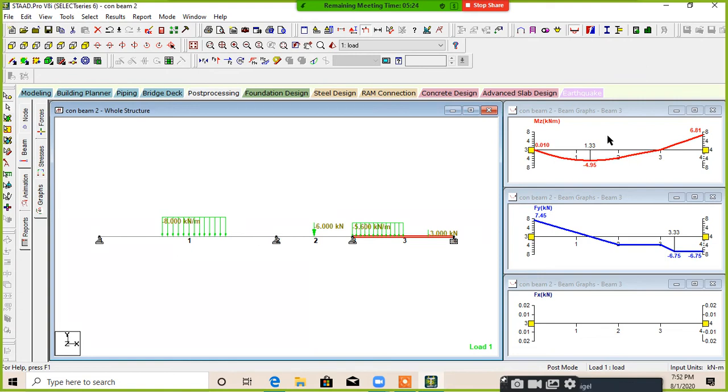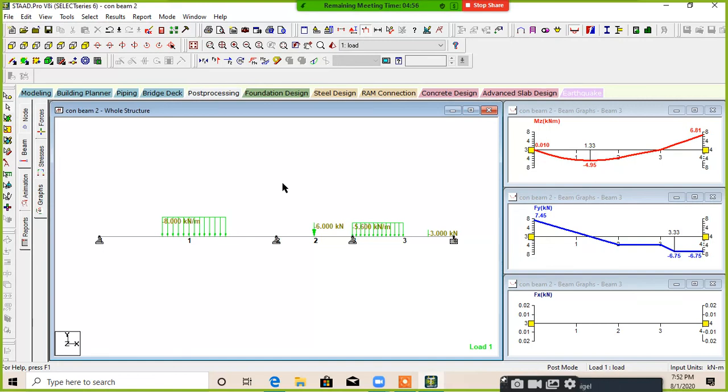Yes, sir. My query is, STAAD Pro doesn't show this full beam detail, as we need to fully design the particular beam. No, STAAD Pro will not show you the full beam. There is a RCDC function in new STAAD Pro, like STAAD Pro Connect Edition, or you can use ETABS. ETABS will show you all this.